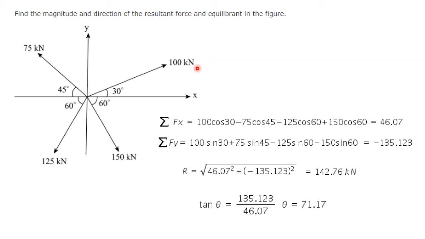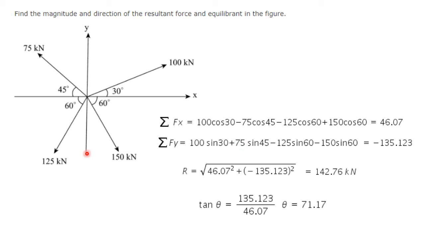100 Newton in the first quadrant, 30 degree given with the x axis, so the x component, or the horizontal component, will be the cos component, and as I rotate it towards the x, directed towards right, so positive. If I rotate towards y, it is directed towards up, so again positive. So y component will be the sine component. This 75, if I rotate towards the x axis, the direction is towards the left, so it will be negative. Angle is given towards the x axis, so it will be cos. It is directed towards up, so it will be the sine component 75.